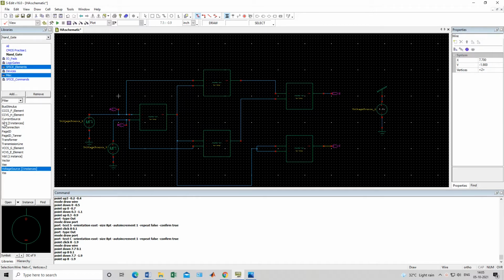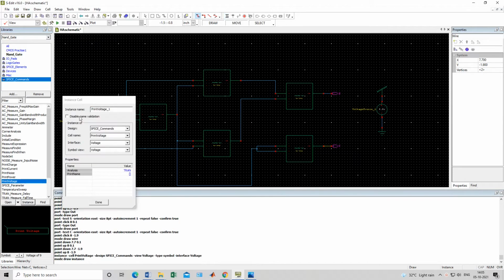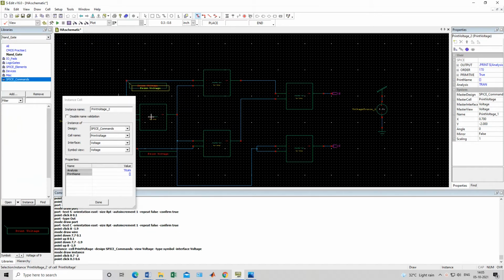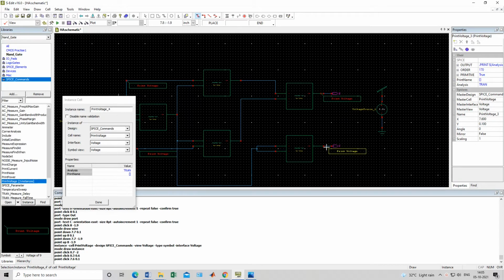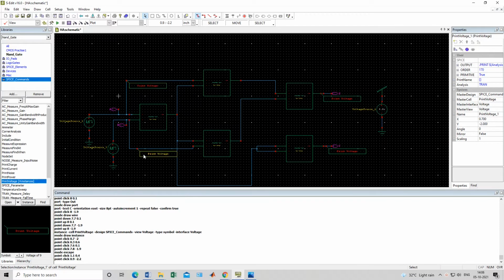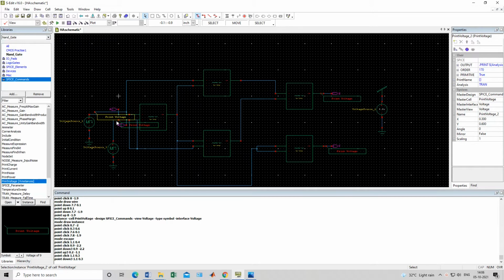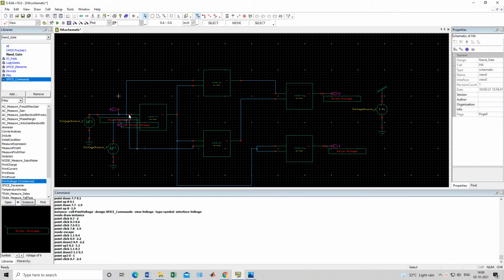Now we have to print this input and output also. We will go to the SPICE command and take the print voltage command, and we will attach this print voltage at one input side, the second input, and the outputs, there will be 2 outputs. Okay, done. This input is already there, we can drag it to attach here also, no problem. All these are the same voltage, the same bits are passing through all these lines, so you can attach print voltage here also.